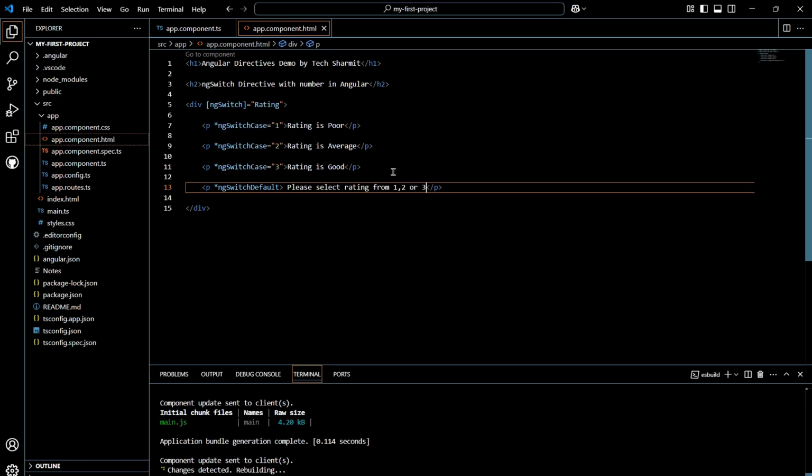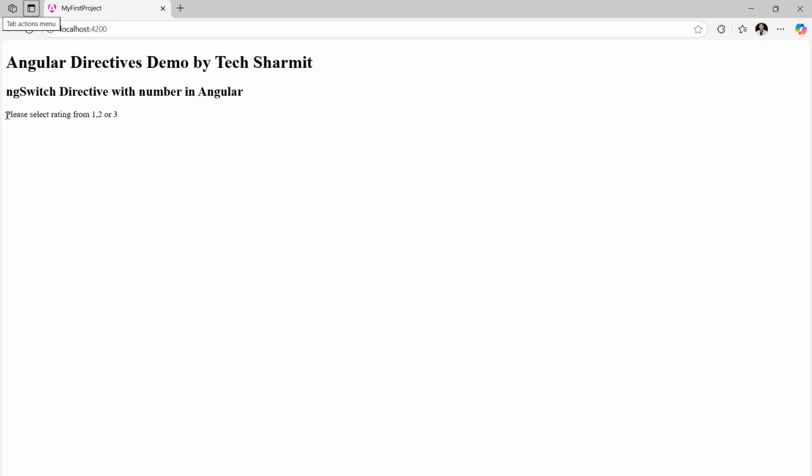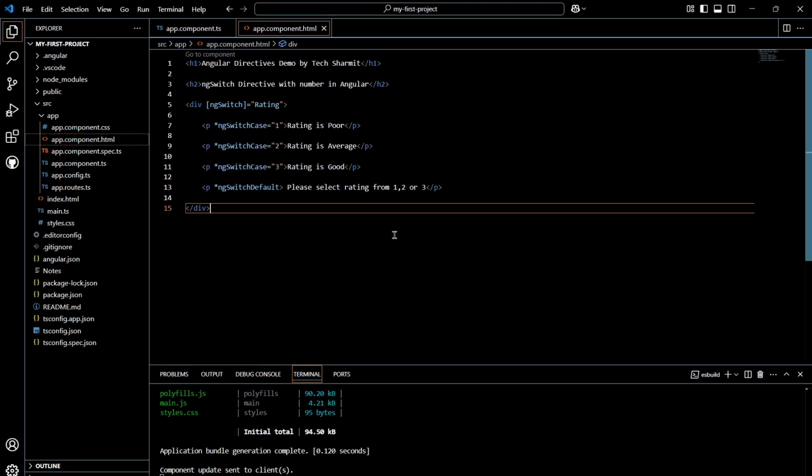So this is just a message. Whenever the user puts something apart from 1, 2, 3, it will simply print this message: please select rating from 1, 2 or 3. So in that way you can build a logic where we are utilizing the ngSwitch directive along with star ngSwitchCase